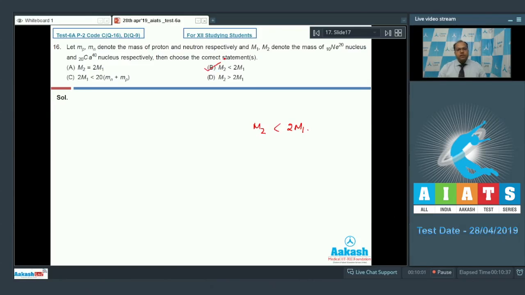Now we know that the experimental mass of the nucleus is always less than its theoretical mass. So 2 times M1 is less than 20 times mass of neutron plus mass of proton. So option C is also correct. So the correct answer for question number 16 are option B and C. Let's move to the first paragraph containing question number 17 and